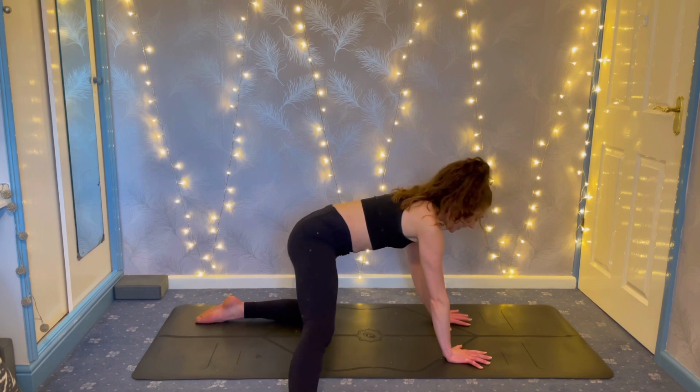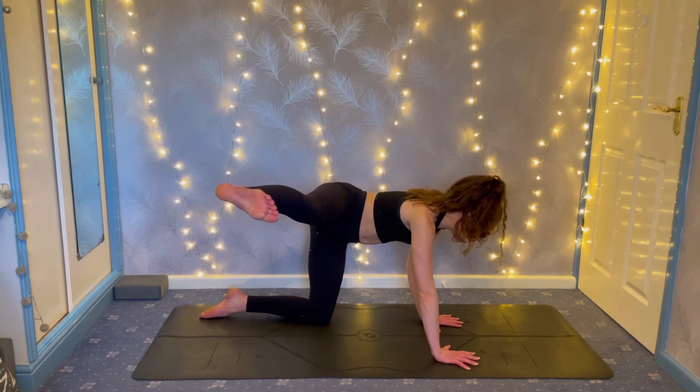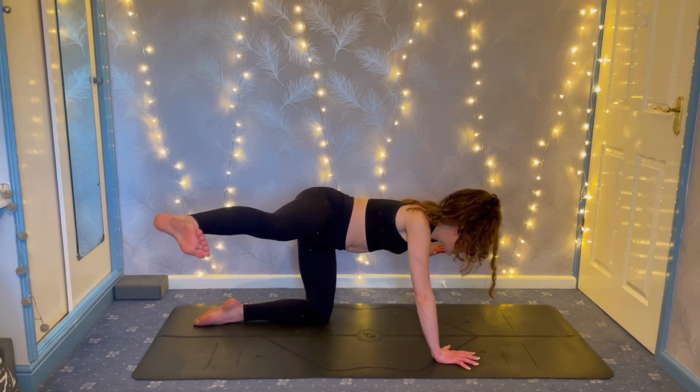Right knee, right leg still out to the side. Lift it off the mat. Heel in line with hip, leg parallel to the floor. Reach the left arm straight out to the left hand side. Hold for 5, 4, 3, 2,